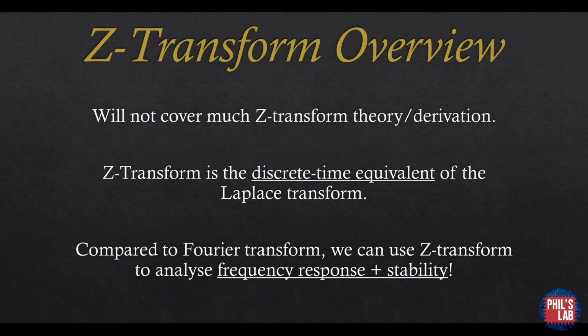As I said before, we will not cover much Z transform theory or any derivations. In essence, the Z transform is the discrete time equivalent of the Laplace transform, which we use to analyze continuous time systems. Now, comparing the Z transform to the Fourier transform, we can actually use the Z transform to analyze the frequency response, but also the stability of the system. The Fourier transform usually only gives us a frequency response of the system or frequency analysis. But the Z transform is really helpful in determining if a system will be stable, if a filter will be